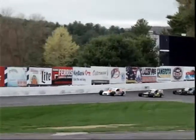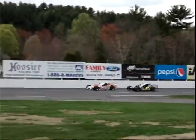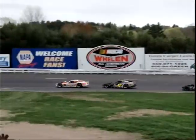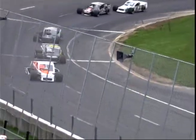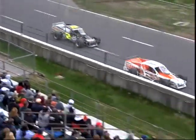Now look a little further back. All of a sudden, Coby changes his strategy. Trouble down the back straightaway. Rowan Pennick involved. Several other cars as well spinning on the back straightaway. Tim Salamito is also involved in that number 16 car, and